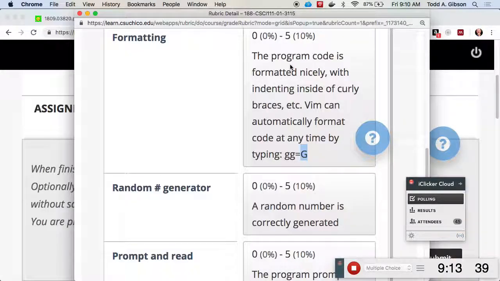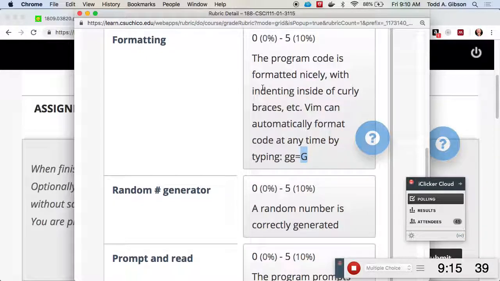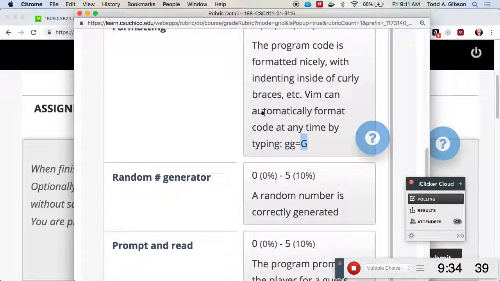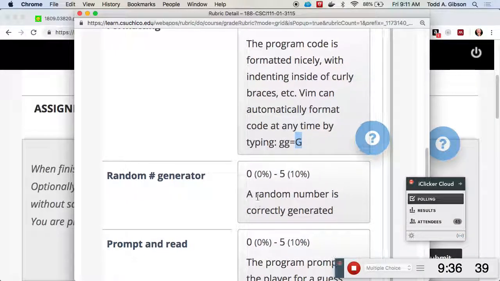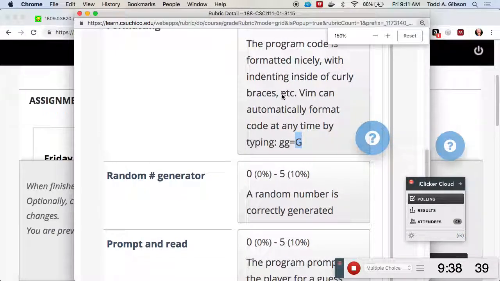The reason for me to make it a grading item is not because I'm anal about the format of your code, because by golly, I can do that myself to your code, right? And then I'm happy. The reason is more to make you aware that you can and should make your code look a little bit nicer. In the long run, it makes your code far more readable. That's about it.